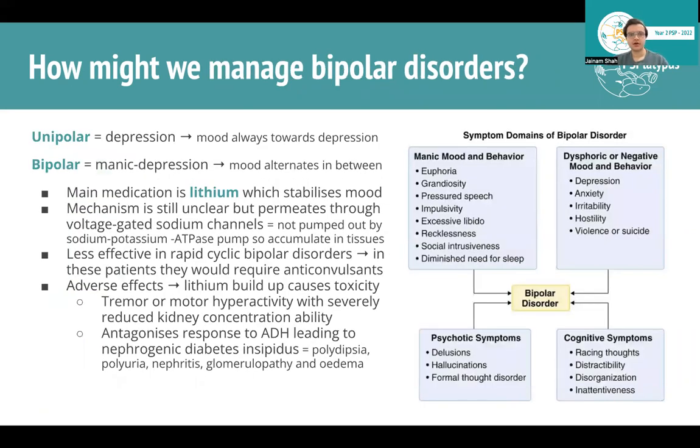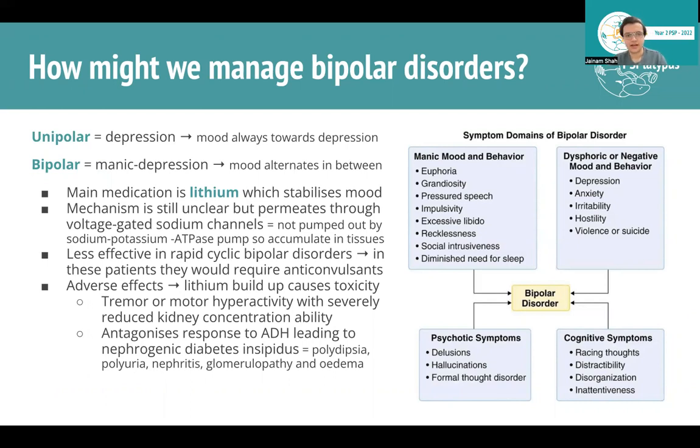And then finally, just a quick word on bipolar disorder, because we discussed it very briefly at the beginning. Just a bit of context, you can have unipolar conditions, so that's just depression. And then bipolar is manic depression, so it alternates between mania and depression. On the right-hand side, again, a couple of symptoms and signs you might expect in a patient with bipolar. The main thing in pharmacology, though, is not so much to understand what bipolar looks like, but more how you treat it. So if you have a patient with bipolar, you can use medications like lithium to help stabilize their